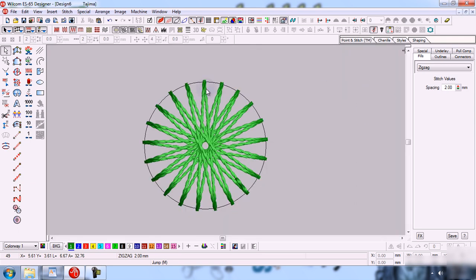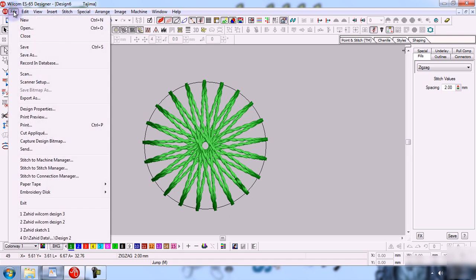Now how can we save a design? To save a design you have to click on the File button, a drop down menu will show, and then click Save. If you are saving a design for the first time, you can use Save or Save As, but you have to give an address because you are saving this design for the first time. It makes no difference whether you click Save or Save As; the first time you must use Save As.